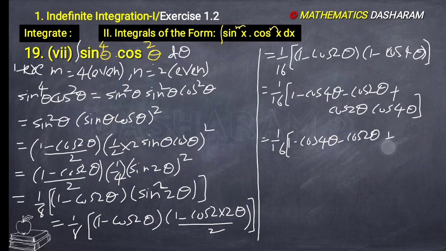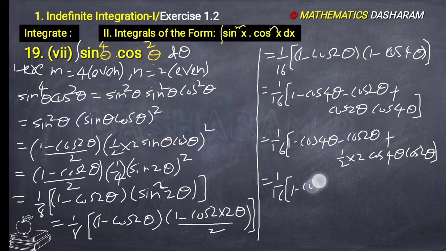So here multiply and divide with 2, so 1 by 2 into 2. First I am writing the cos 4 theta, next cos 2 theta. So it is equal to 1 by 16 bracket of 1 minus cos 4 theta minus cos 2 theta plus 1 by 2 bracket of,